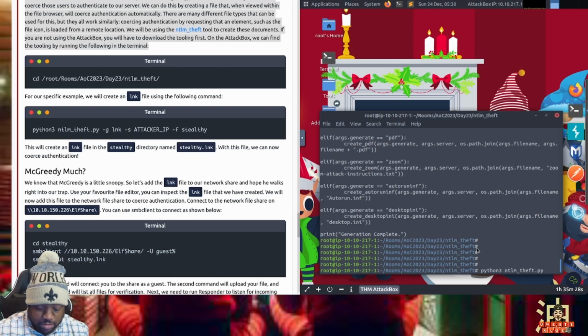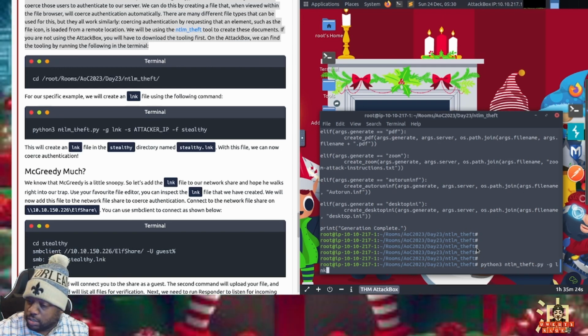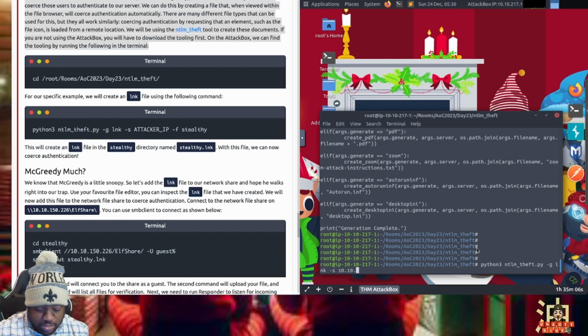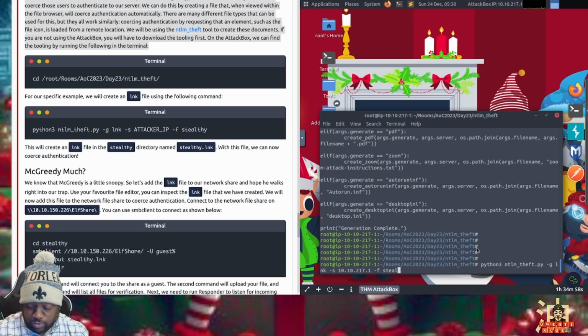Then generate the LNK with the dash S option for the attacker IP, which is 10.217.1 and so on, and the name stealthy.